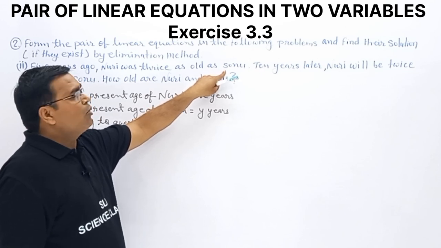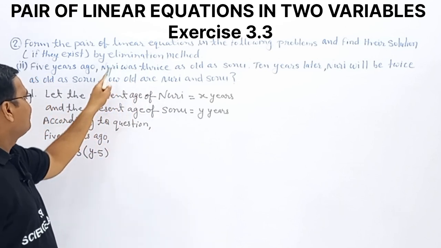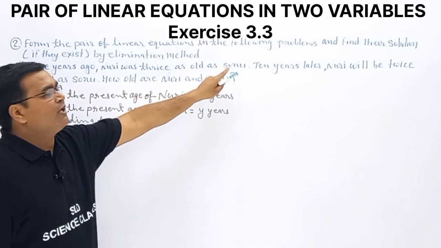From this relation, we can say x minus 5 will be thrice the age of Sonu,